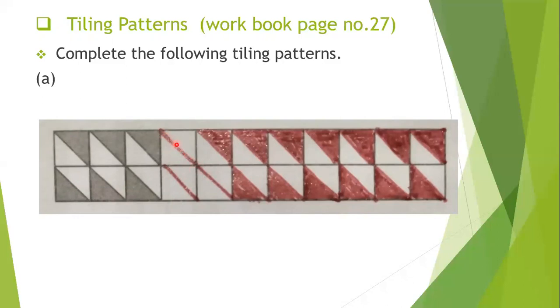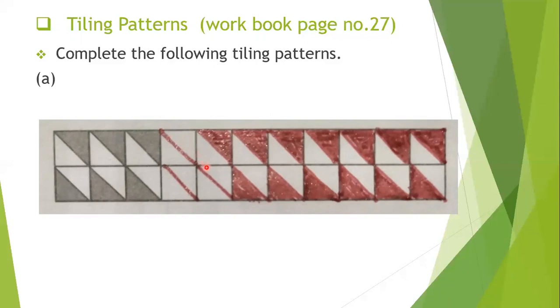See, here it is a square, draw an oblique line through the middle of the square so that it divides into 2 equal triangles. And in the first row, the top row, you will color this portion. You have to color the top triangle, the upper triangle. This part you have to color. See, here I have given the color in the upper triangles. But in the second row, you have to color the lower triangle, and here also you have to give the color. So don't leave any column in between without coloring. You have to color all the parts, all the triangles.